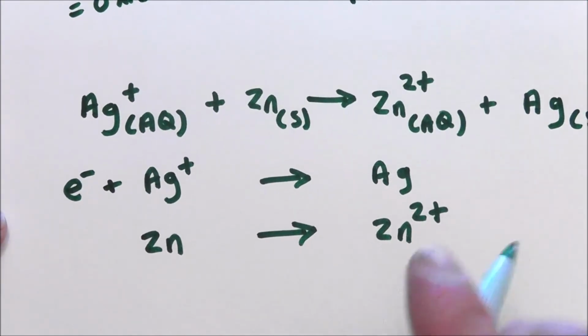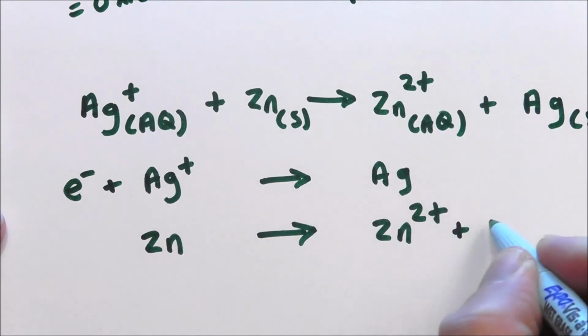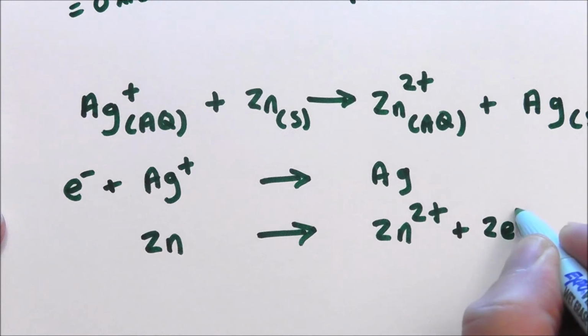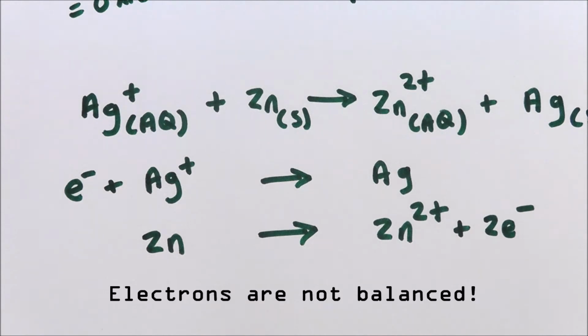And on the right, 0 and positive 2. There need to be 2 electrons to balance that half reaction. And you will notice that if we added those together like it was a reaction mechanism, the world would fill up with electrons, and that might sound fun, but it wouldn't be. So